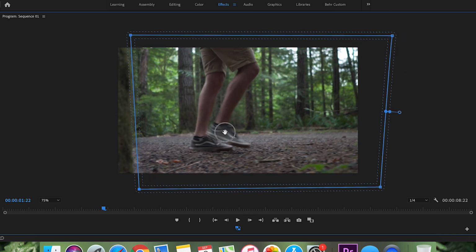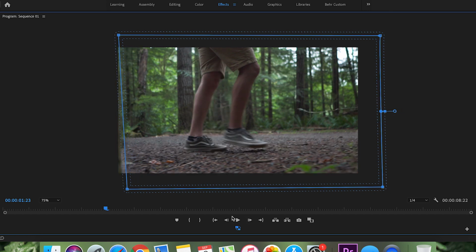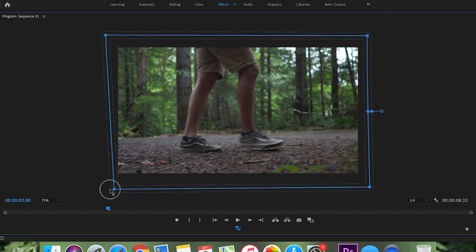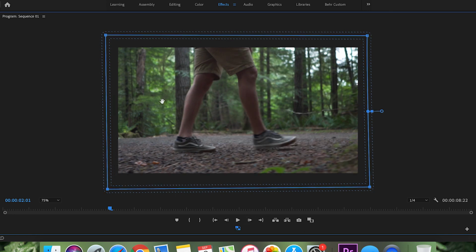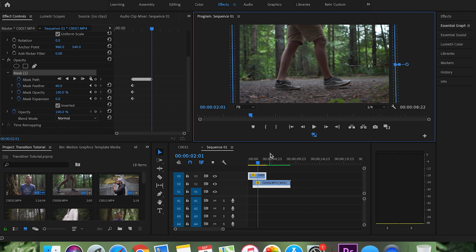All right, so now you can see we are almost all the way through our mask here, and just a little bit more of the tree showing. And there you go. So now you're all the way through the frame, as you can see, and the next clip below has been revealed. So now let's click out of here, double click, let's set that down to fit, and we will watch this